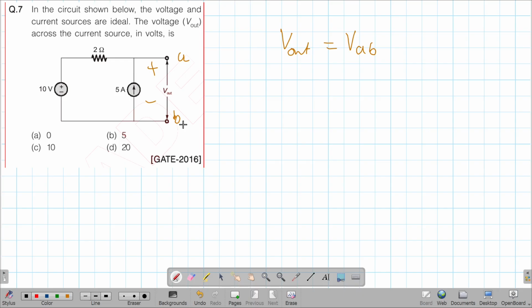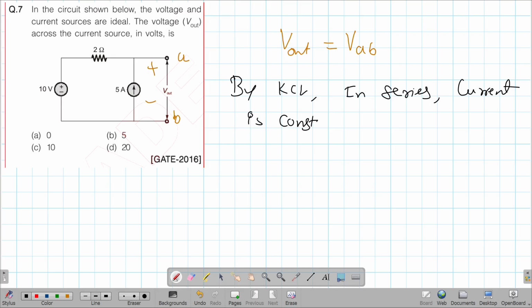By Kirchhoff's current law, by KCL, in series current is constant. Okay,